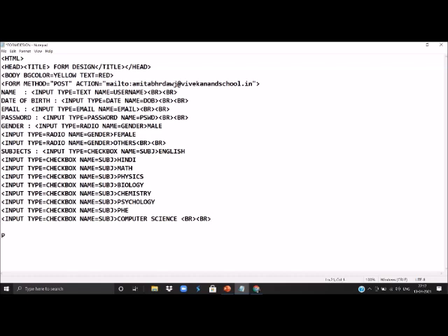After that, next, suppose we want the user to upload his photograph, then here we can give the input type as file, and name we can give as, say, photo.